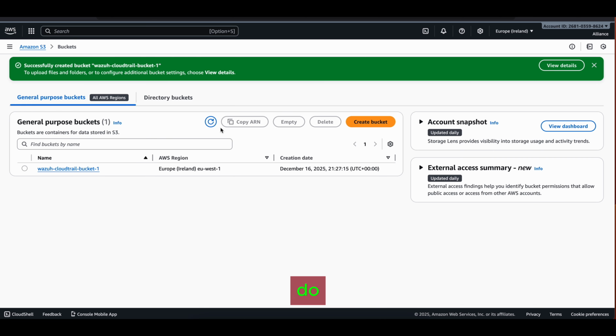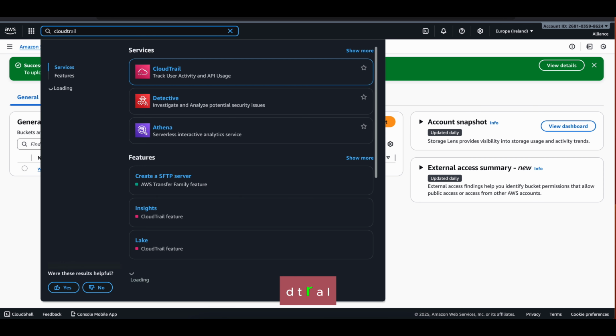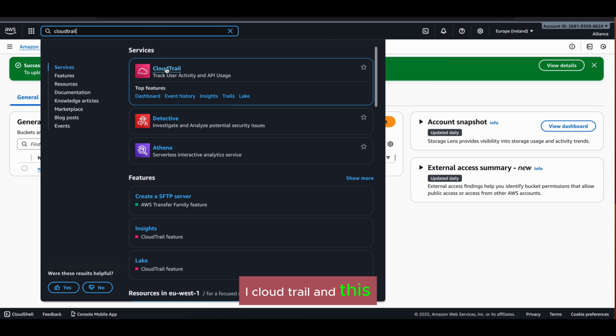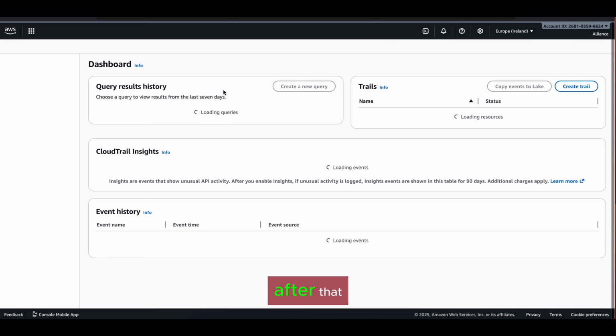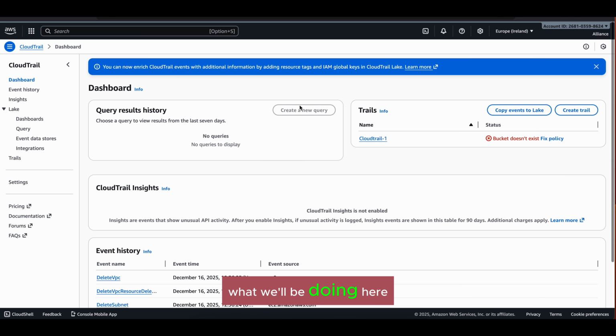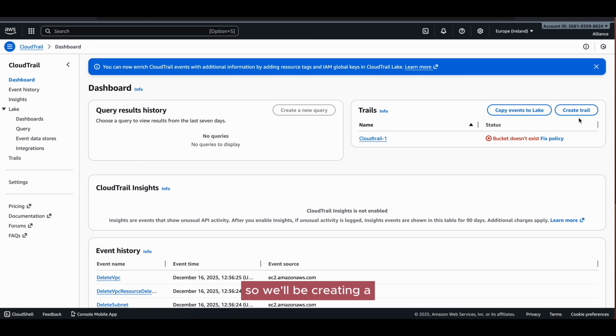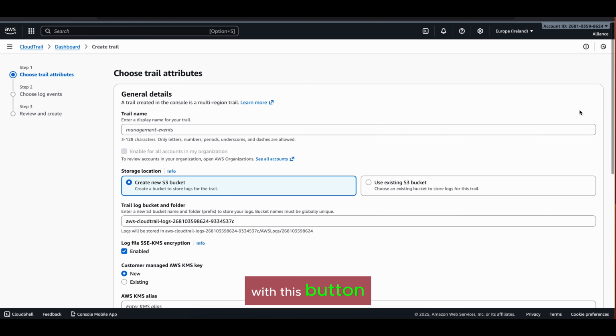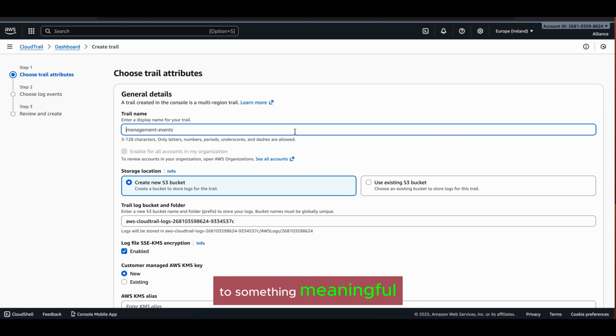Now what you have to do is search in the search bar for CloudTrail, and this is CloudTrail. You need to click on that. After that, we'll be creating a trail. So let's create a trail with this button, and let's name this something meaningful, which is